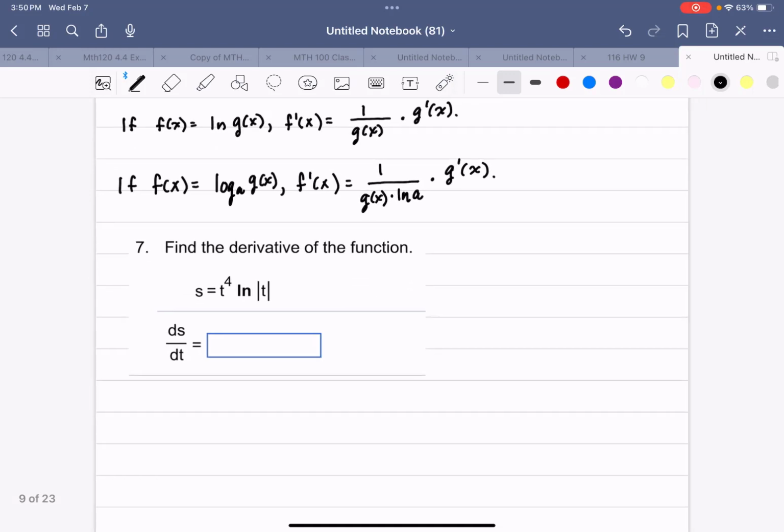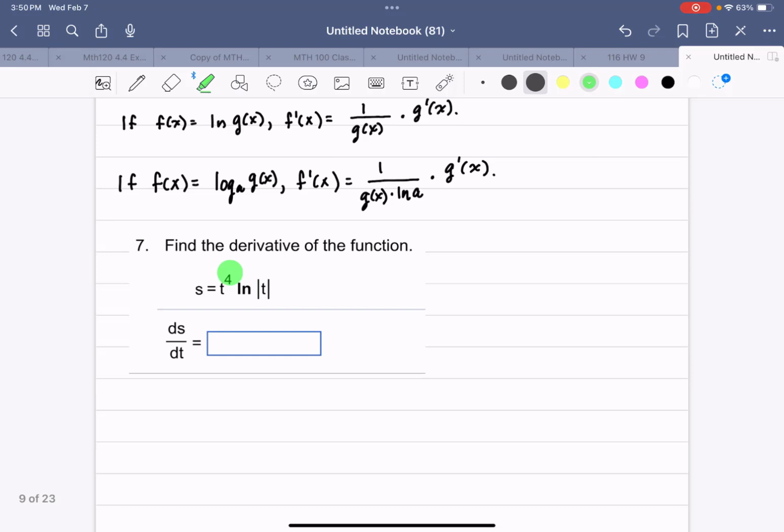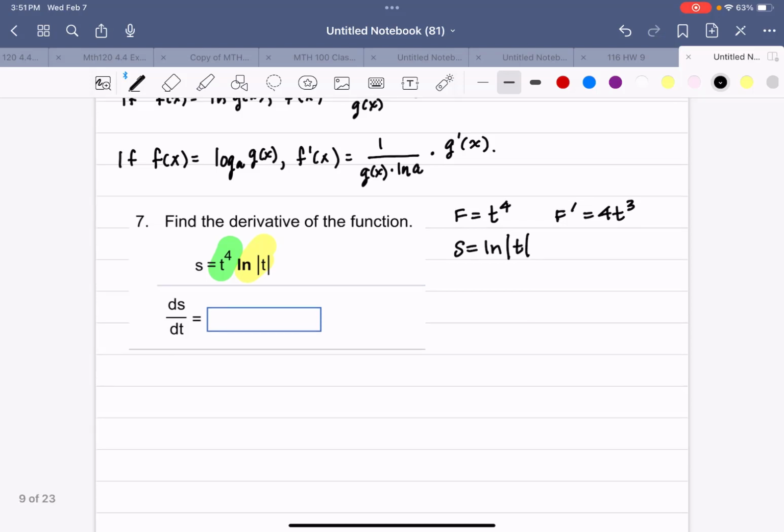Number 7, find the derivative of the function s equals t to the 4th times the natural log of the absolute value of t. So here again we have two functions being multiplied, t to the 4th and the natural log of t. So my first function is t to the 4th, so my first function derivative is 4t cubed. My second function is the natural log of the absolute value of t, so my second function's derivative is 1 over t. So my derivative, ds dt, is first